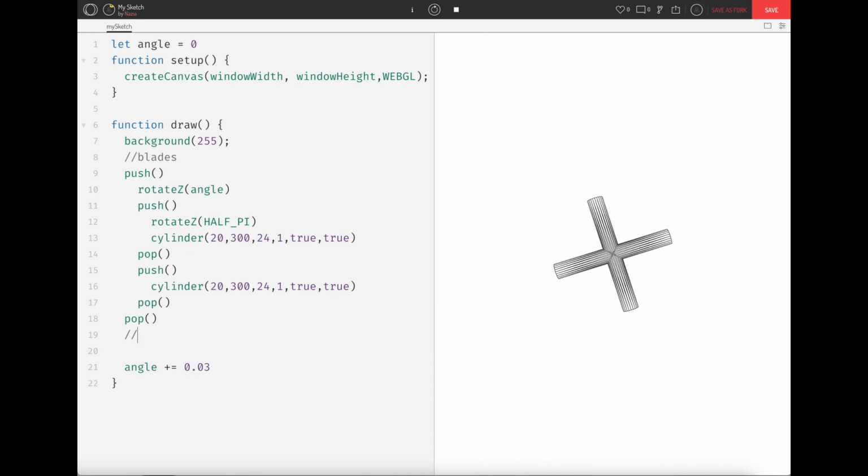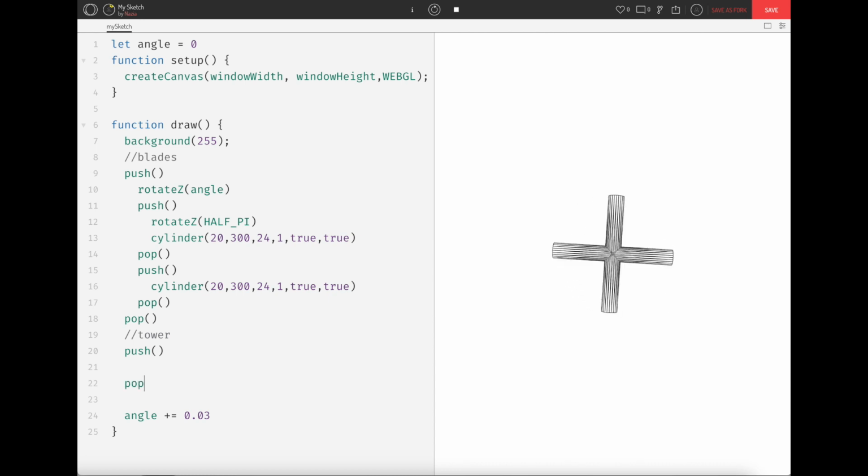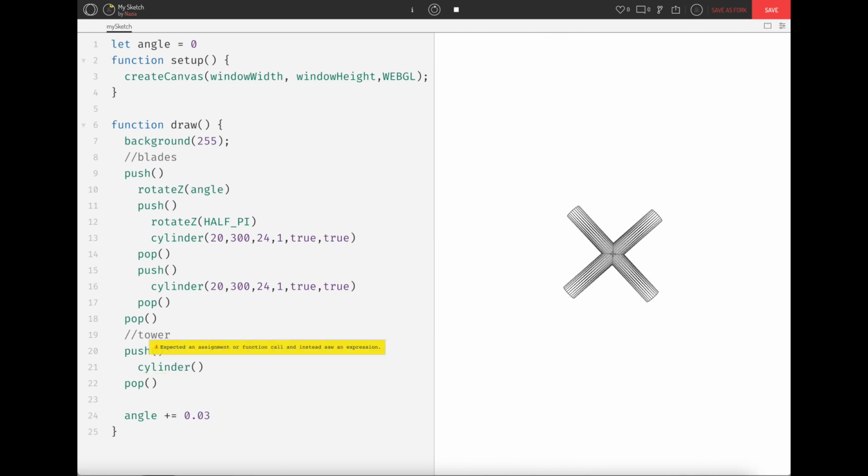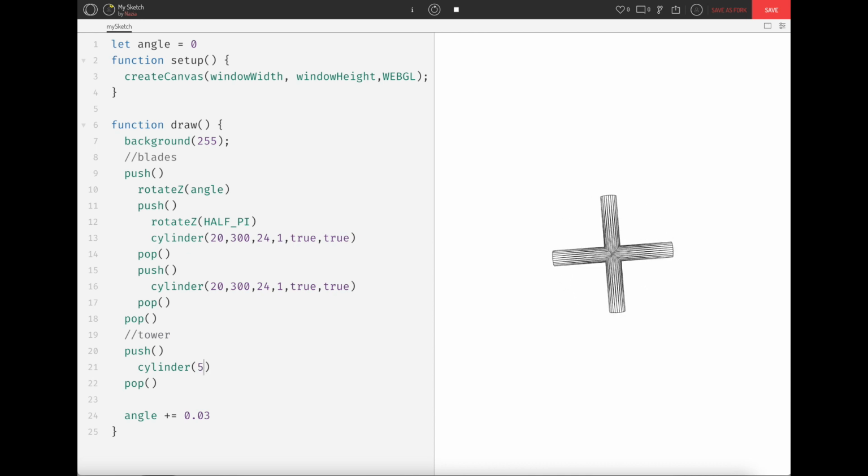Now let's make the tower of the windmill. Same way we will make push and pop. Inside these push and pop we will be putting our tower structure. So let's start by making the first thing. Let's say we want to make another cylinder, and this cylinder should have the radius of 50, a little bit thicker than the previous ones, and height of 200, and detail X of 24, detail Y of 1,